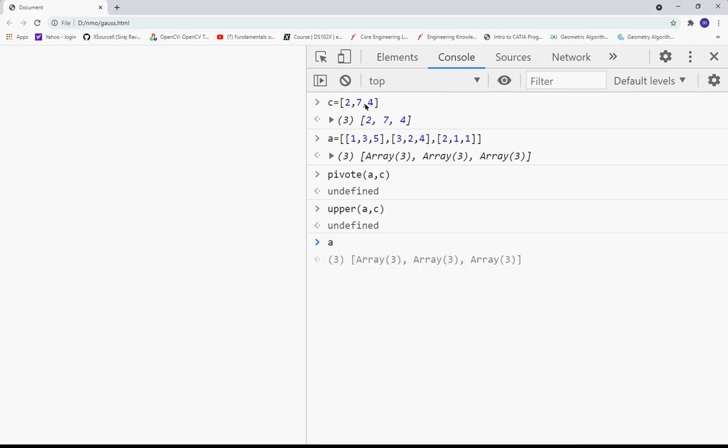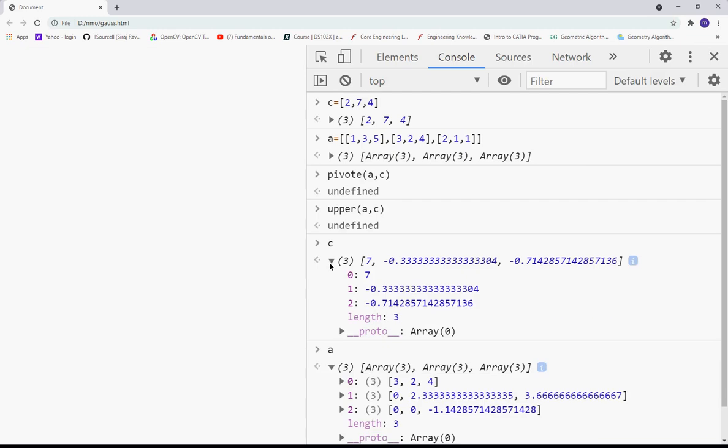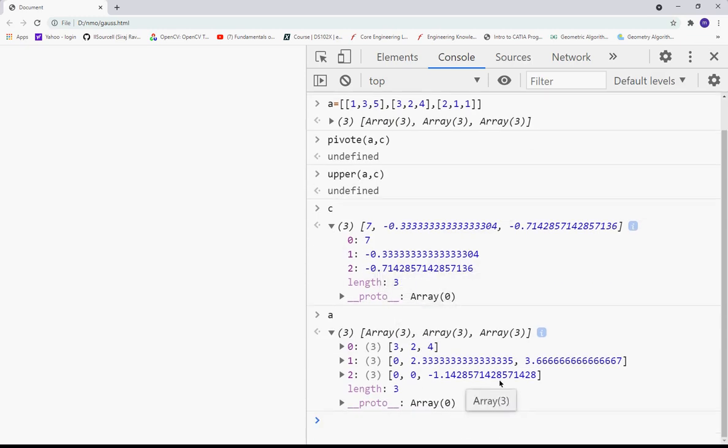So now I can check the value of A and I can check the value of C. This is C and where is A? So A is coming correctly, so it is upper triangular form. C has also come correct. So these are the values which are coming. Now the only task remaining is the back substitution. So that is what we have to do.